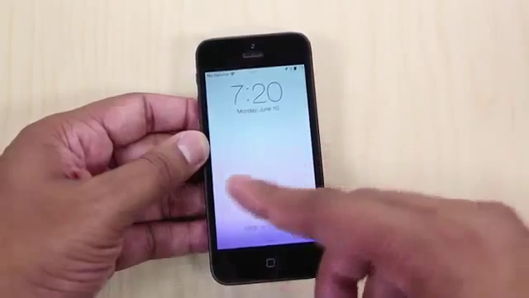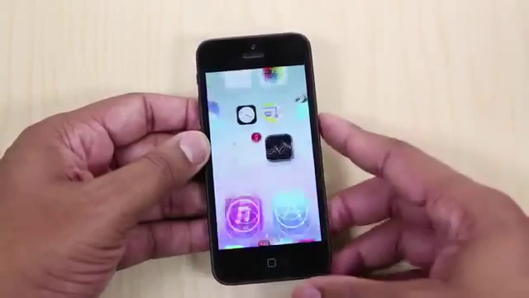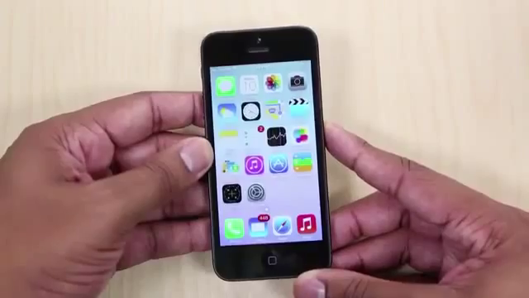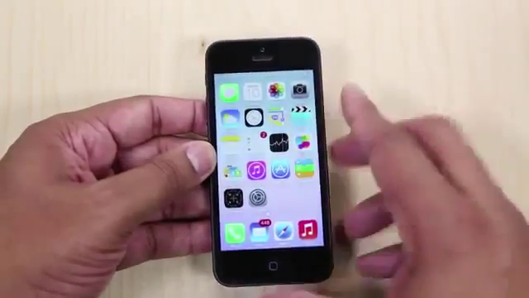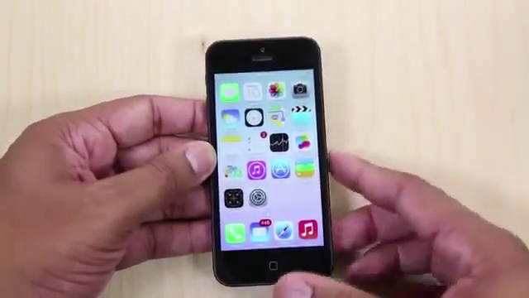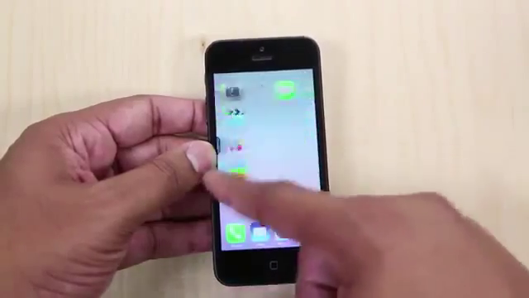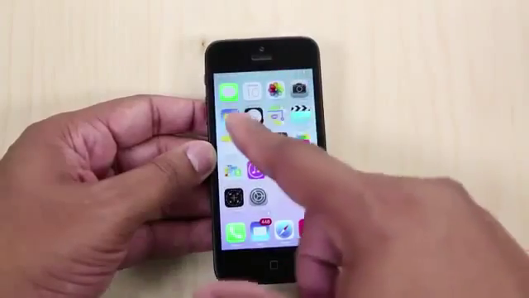All right, so I have iOS 7 installed here on my iPhone 5. I'm going to slide to unlock it. And now we're taking a look at all the nice, new, beautiful icons that Apple has redesigned for iOS 7. The colors are definitely brighter, but they still keep a very simple and clean look to it. And navigation through the different home screens is basically the same, but one thing you will notice is